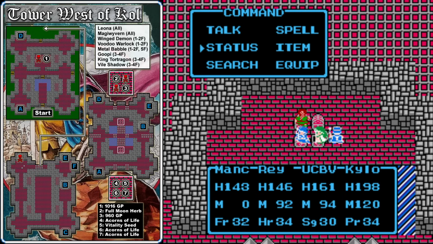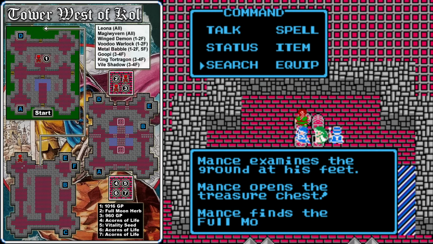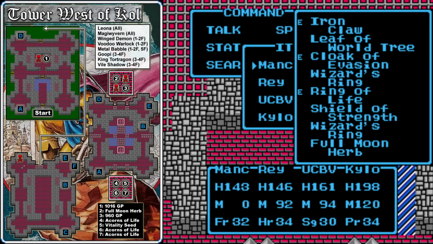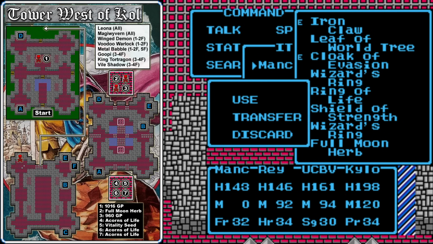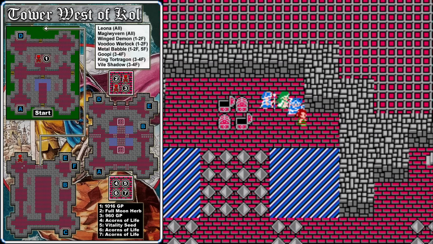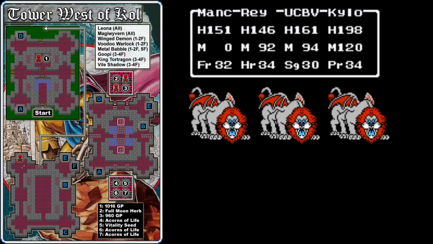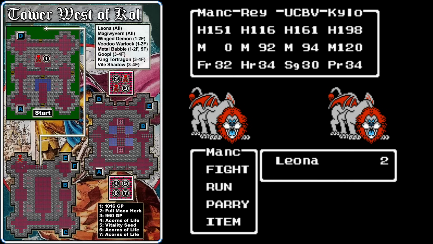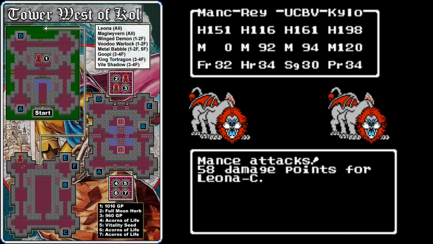That first chest just had some gold in it, and this one has a full moon herb, which is most likely just garbage. We do not have a lot of inventory space to spare here. We need to pick up 2 more very important items in this dungeon, and we don't want to be holding any unnecessary junk. So we'll just continue back the way that we came now that we have all the treasures,